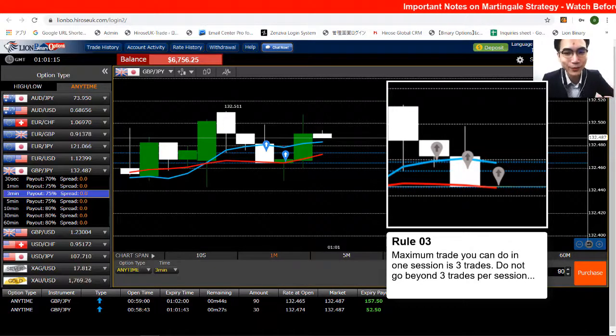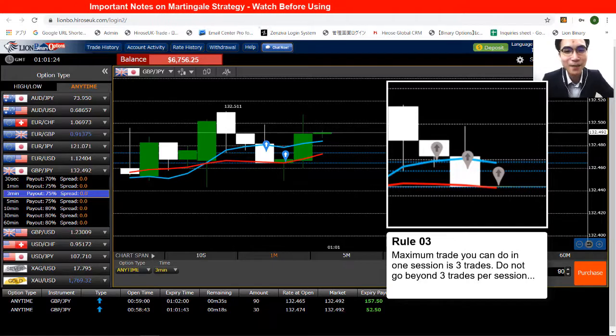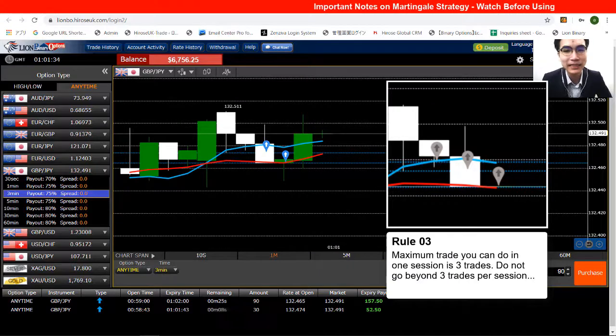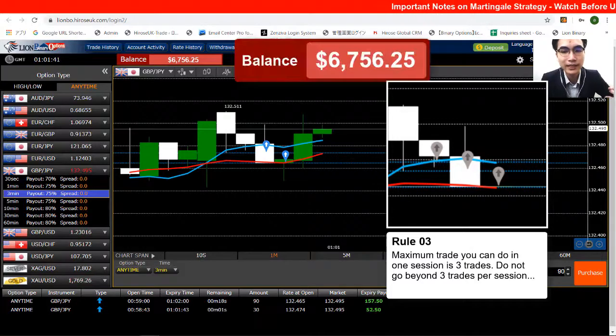So if there's no maximum trade you can make, we will just keep making trades, and then at the end you don't know how much you spent, and you wouldn't know if you're going to end in profit at the end, and then this might blow up your account just within one session. So just remember that the maximum trade you can make is 3 times, no more than 3 trades in one